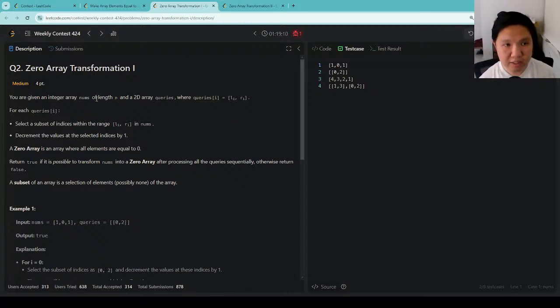You're given an integer array nums of length n and a 2D array queries, with queries[i] equal to [l_i, r_i]. For each query i, select a subset of indices within the range in nums. Decrease the values at each selected index by 1. A zero array is an array where all elements are equal to 0. Return true if it's possible to transform nums into a zero array after processing all queries sequentially, otherwise return false. Okay, so basically you want to